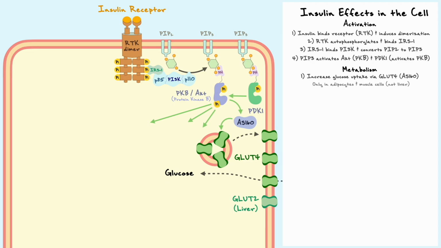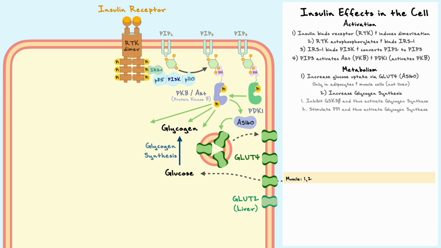Now, with glucose inside the cell, insulin can do a bunch of different things depending on the tissue. If we first consider the muscles, the main impact of insulin will be the synthesis of glycogen from all the extra glucose that was just absorbed from the blood. More precisely, insulin will inhibit GSK3 beta and stimulate PP1, which altogether will promote the activity of glycogen synthase, thus